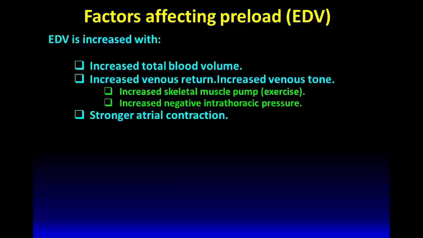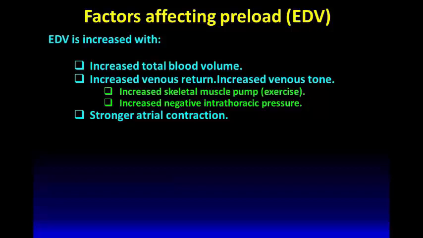So we have finished with the detailed description of how preload affects stroke volume, how the end diastolic volume affects stroke volume, and now let's very briefly list the factors which affect the preload,